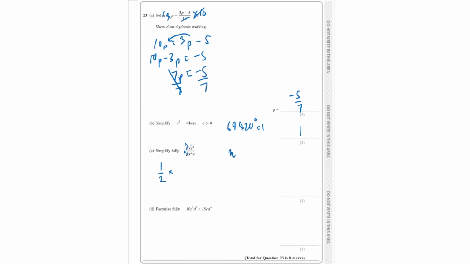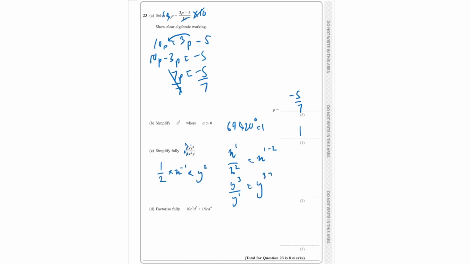Now, when dividing powers, we simply subtract. So that means x to the power of 1 over x to the power of 2 is simply x to the power of 1 minus 2, which is x to the power of negative 1. Then we have y, which is y to the power of 3 over y to the power of 1. So that simply means y to the power of 3 minus 1